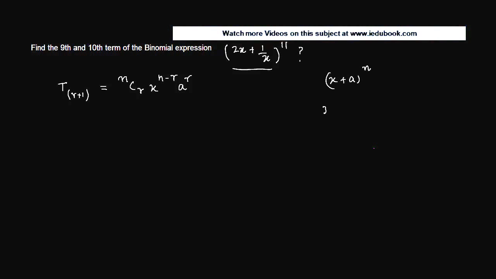So in this particular case we have x is equal to 2x and we have a is equal to 1/x, and of course n is equal to 11. So we have to find the 9th and the 10th term. So T9 can be written as T(8+1)